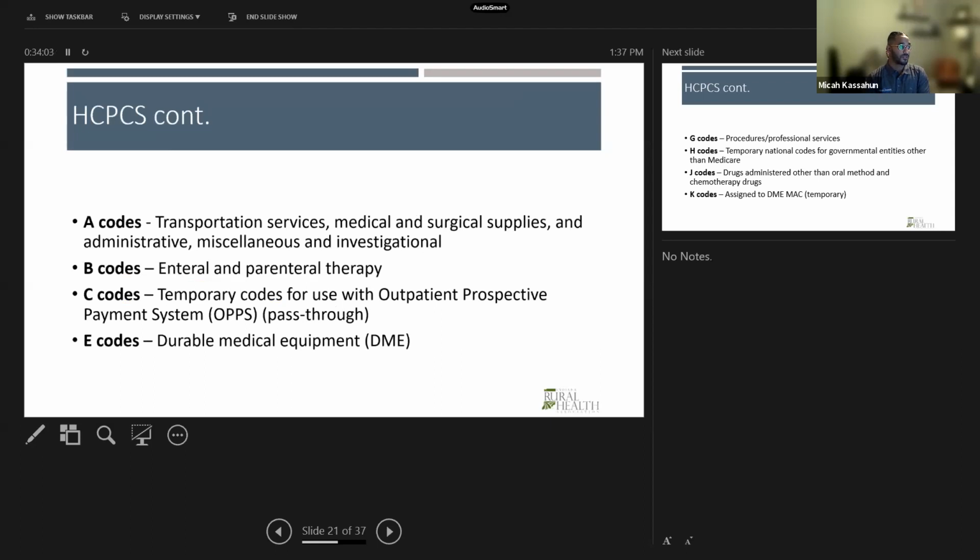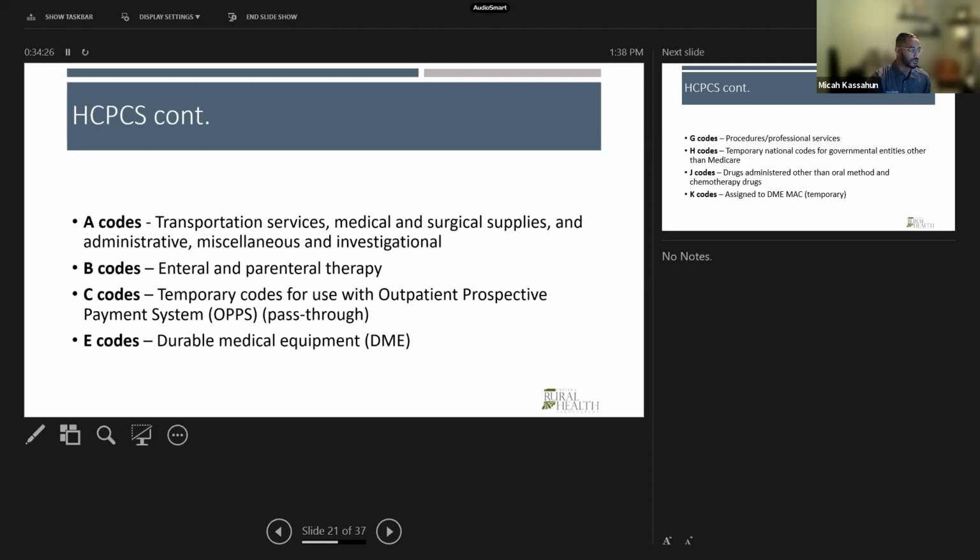All right, so HCPCS codes, we've got A through V. There's a lot of HCPCS codes. I'm telling you, this can go deeper than you want it to be, and will always be more complex than you want it to be. Again, keeping everything simple and established so that our reimbursement process can be as smooth as possible, and making sure our claims are accurate and medically necessary.